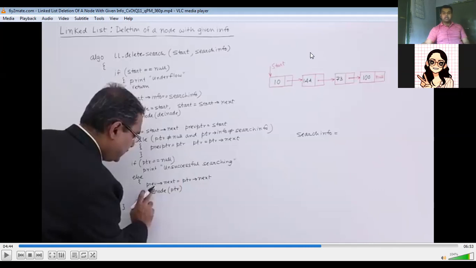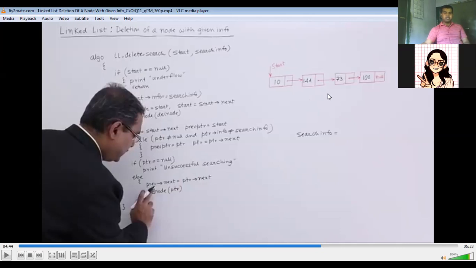Once you connect this node, the link between these two is dispatched. And once it is dispatched, 144 is out of the linked list. Once 144 is out of the linked list, you call the free node or del node function, that is 144 is deleted and this particular node is empty.